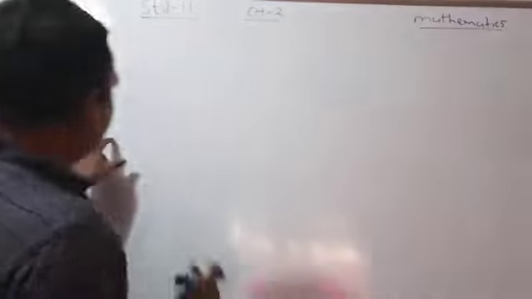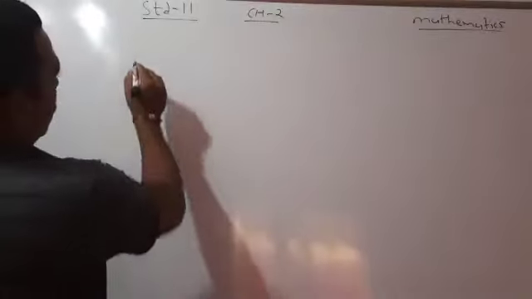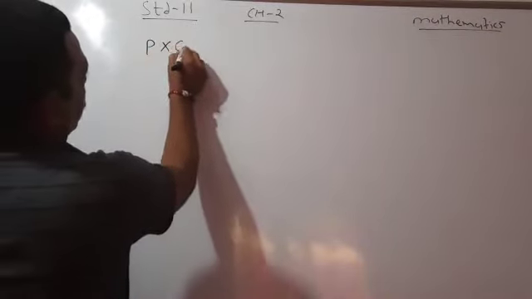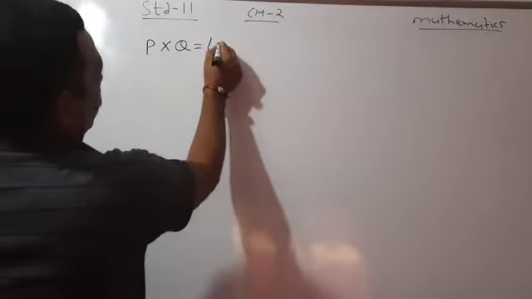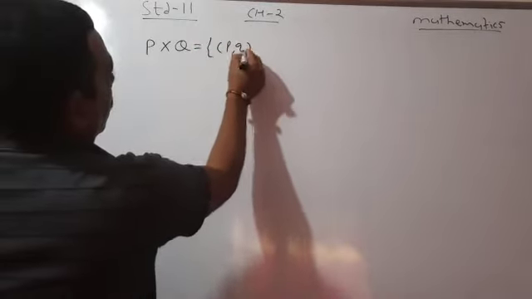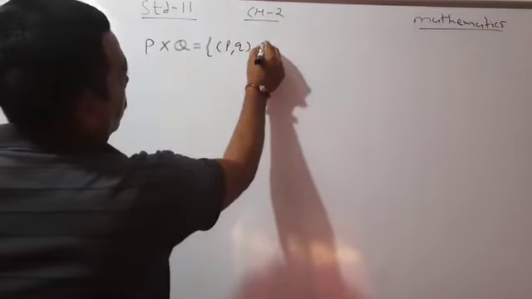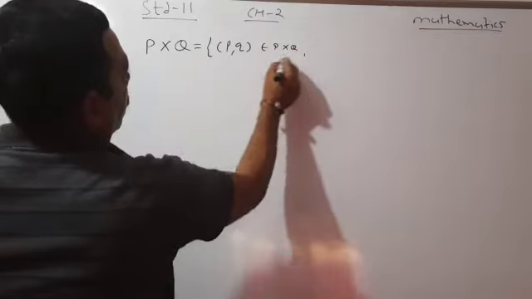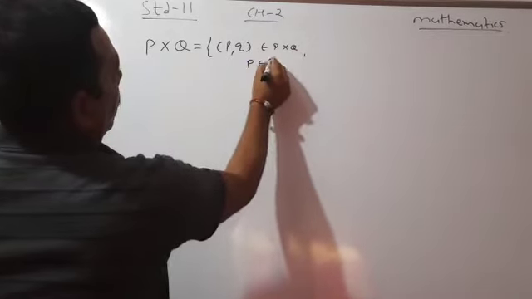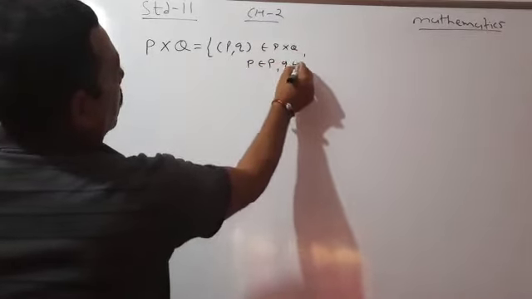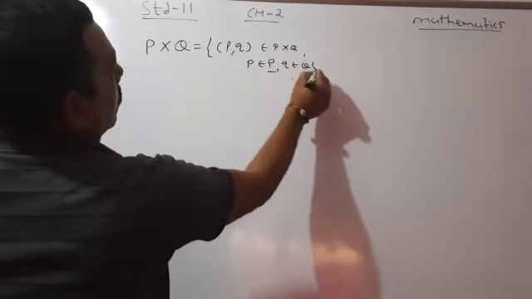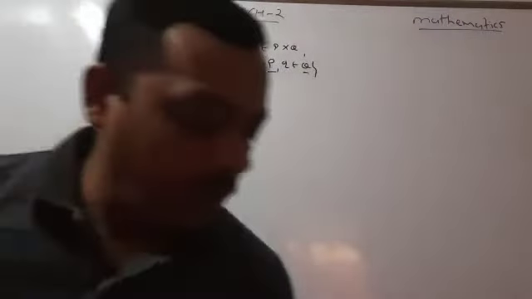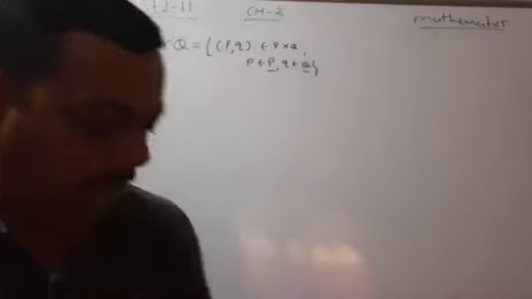Okay. In the last class, we discussed the concept of Cartesian product, which is known as P cross Q, whose elements are always ordered pairs (p, q), where (p, q) belongs to P cross Q, p belongs to capital P and q belongs to capital Q, where P and Q are sets and p and q are the elements. Now we have to continue with question number 9.